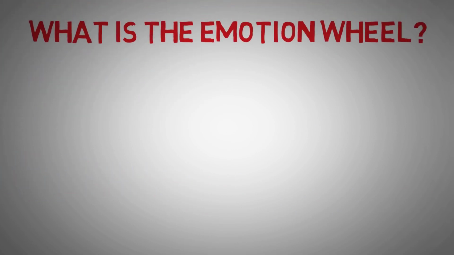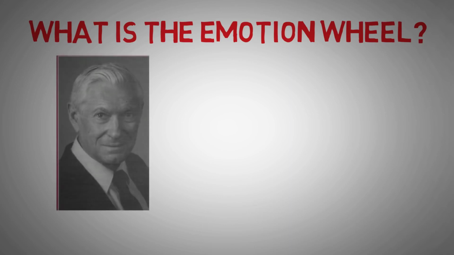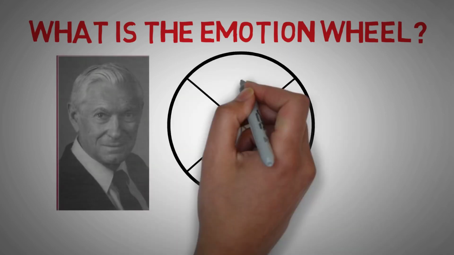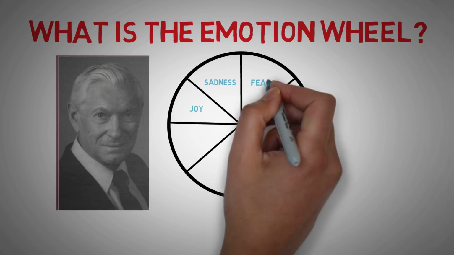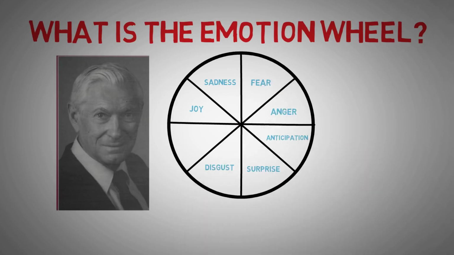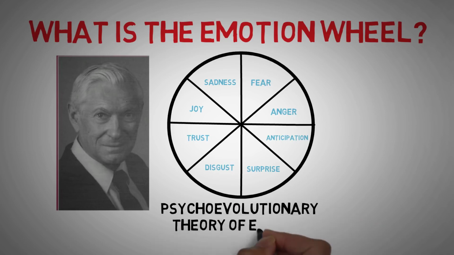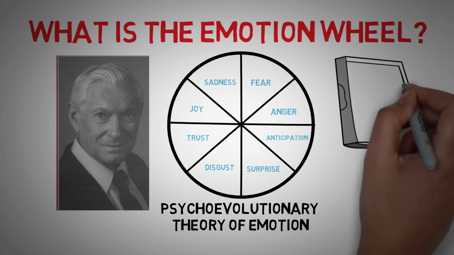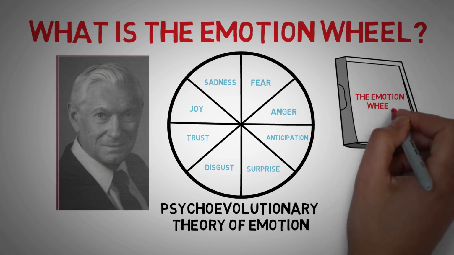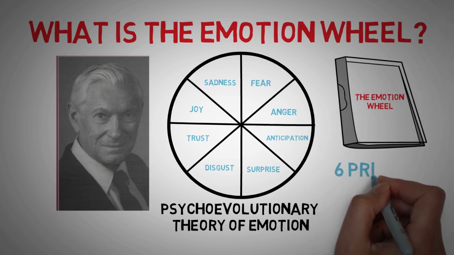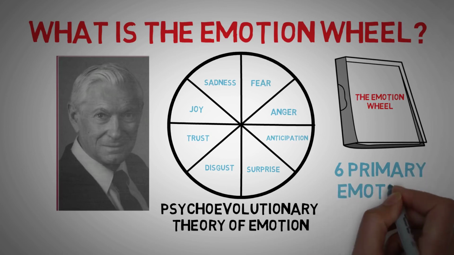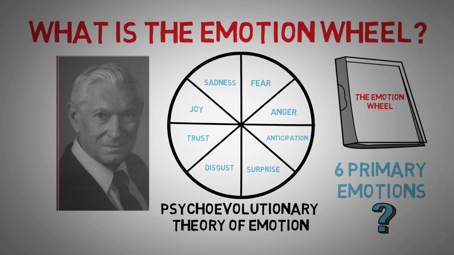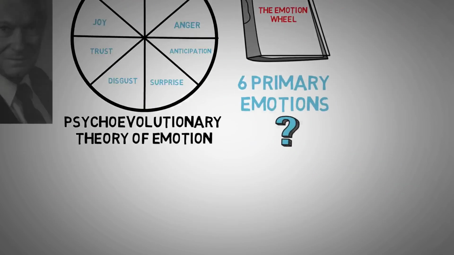The emotion wheel was created by Robert Plutchik to help patients identify and describe the 8 core emotions: joy, sadness, fear, anger, anticipation, surprise, disgust, and trust. It was part of his overarching psychoevolutionary theory of emotion. Robert Plutchik, an American psychologist, created the emotion wheel in 1980. His theory of emotion expanded on the previous theories, some of which had labeled maybe 6 primary emotions that all human beings feel at some point or another.